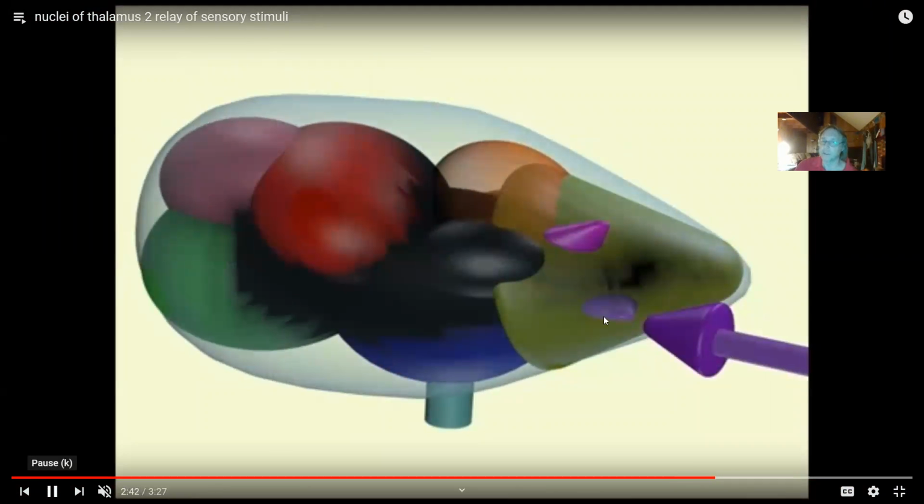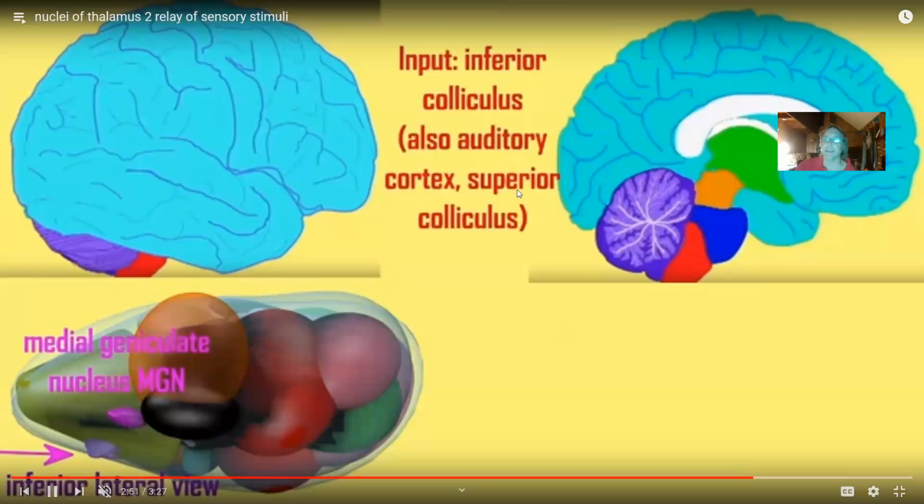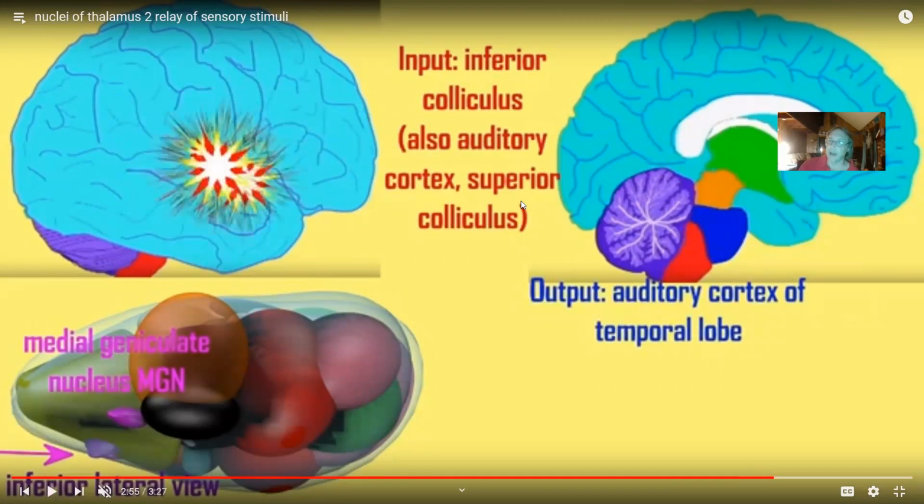The medial geniculate nucleus is going to carry information about hearing, all right? So it's getting information from the inferior colliculus of the midbrain, which is involved in hearing, and it then sends information out to the auditory cortex of the temporal lobe, and then